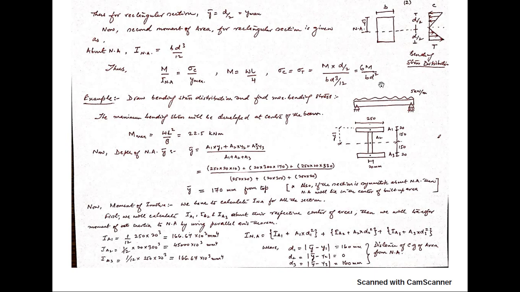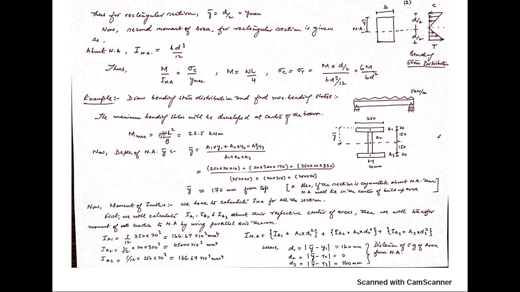First of all, you have to calculate the maximum moment. Why do we have to calculate the maximum moment? Because at that particular point of the maximum moment, the maximum value of stresses will be achieved. So for calculating the maximum value of bending stresses, you have to calculate at that particular point where the bending moment is maximum in the entire beam. So first of all, you have to calculate the maximum value of bending moment.